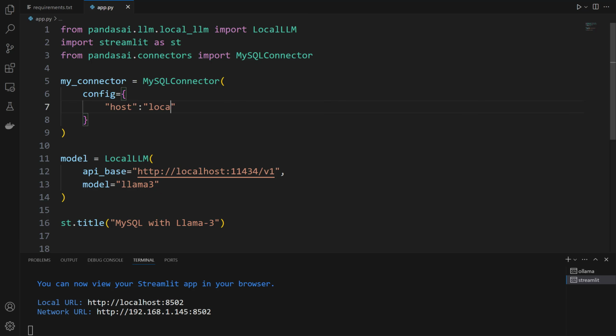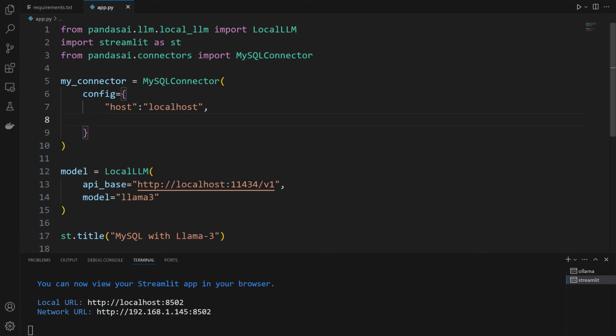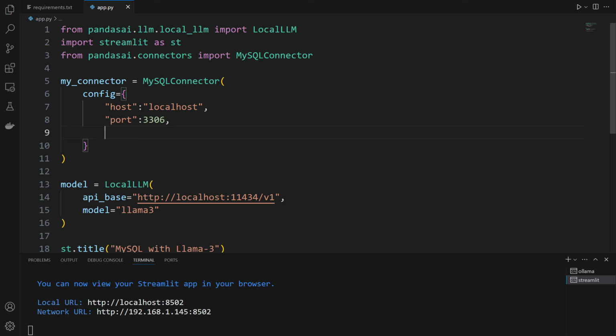Let's give localhost. Next, let's give the port. Let's pass 3306. After that, let's pass our database. Customer behavior. Next, let's set the username.